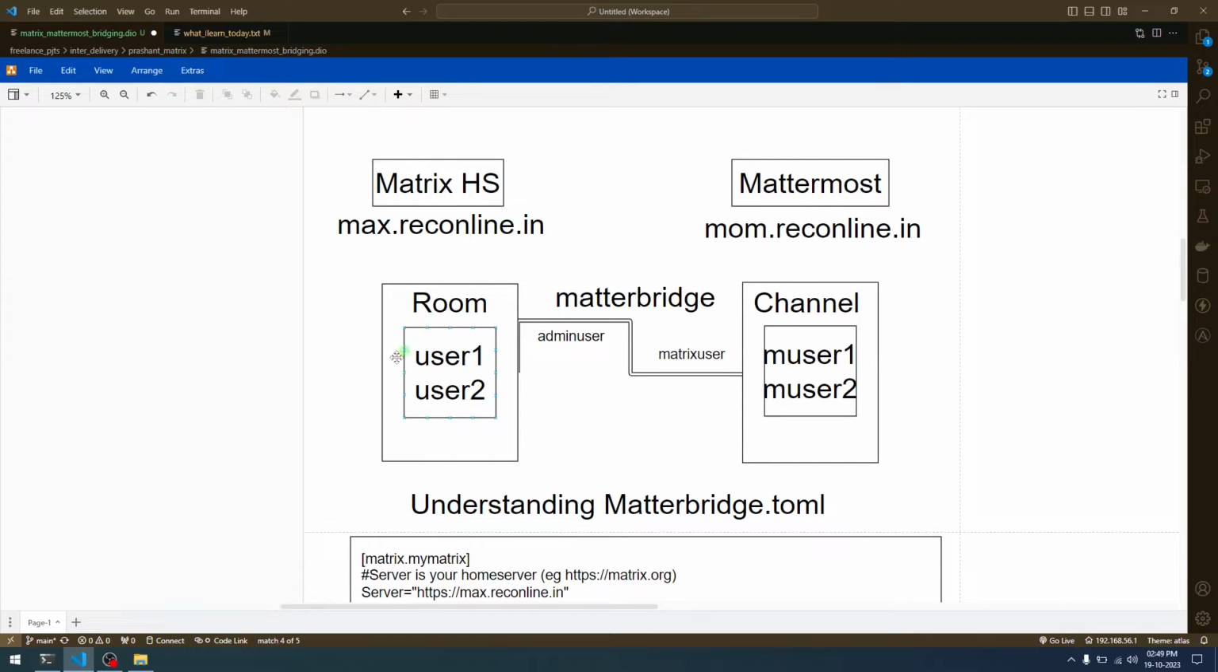We are going to right now create a bridge between the users that are present inside the Matrix home server, and then we are going to bridge them to the channel that is available in the Mattermost server, which already has other users available inside the channel. The Mattermost server users have M as the prefix,